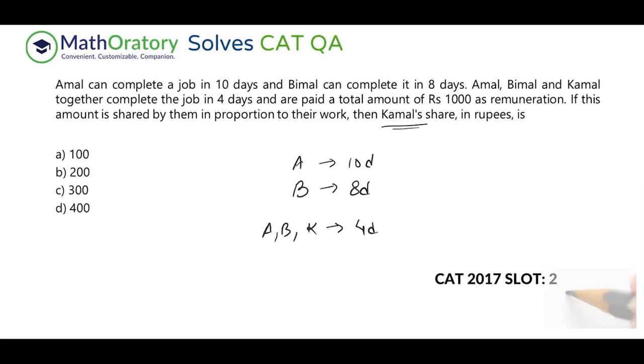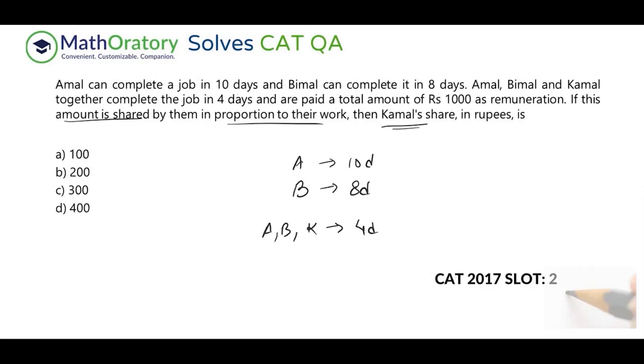Whenever you have this question, let us understand the basics first, so we can quickly solve this problem in one go. The proportion of the amount that is shared among these three people will be equal to the proportion of their work, right? It is already mentioned in this question. Typically it would be, but it's not mandatory. All you have to do is find the proportion of the work done.